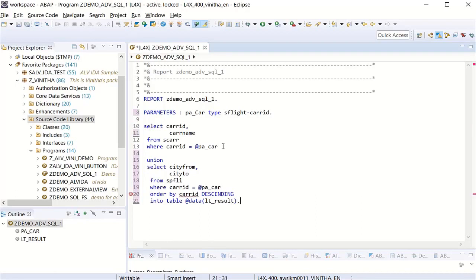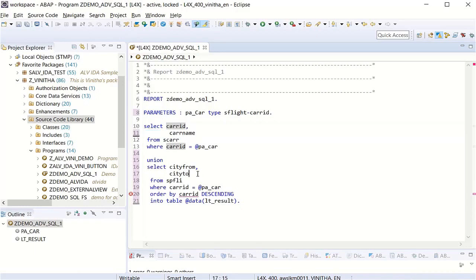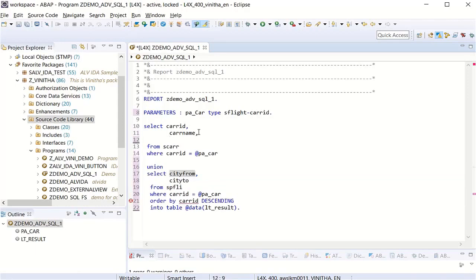When you use the union statement, all the queries mentioned in that statement should have an equal number of fields. In this case, you can see the first query has carrier ID and carrier name. The second query has city from and city to. So the field names are different and both do not have the same fields. In order to make them equal, I will add in the first query